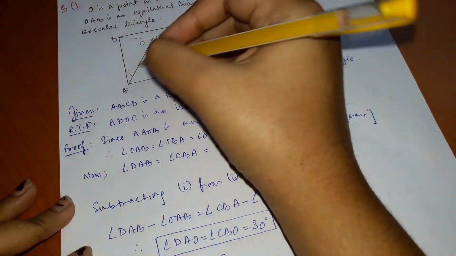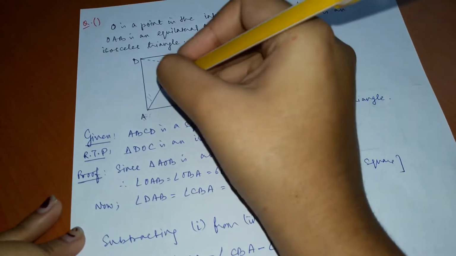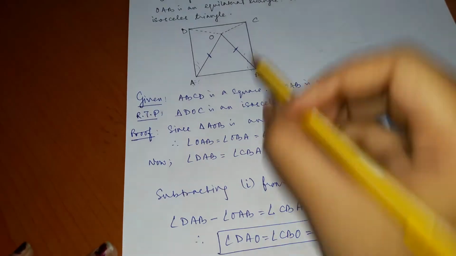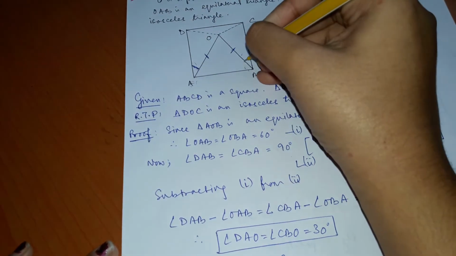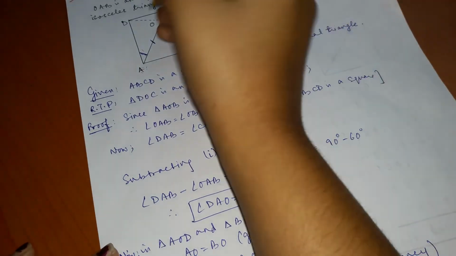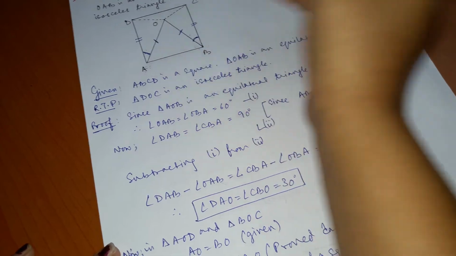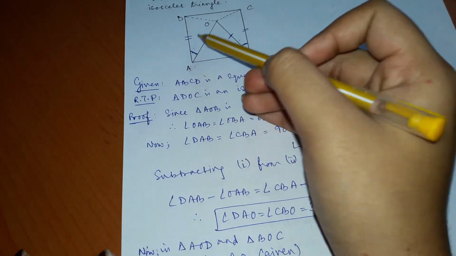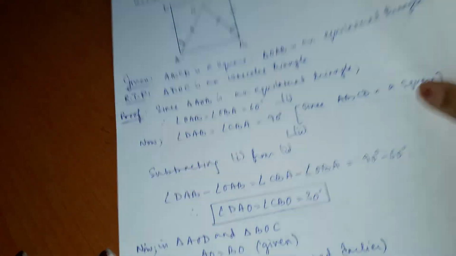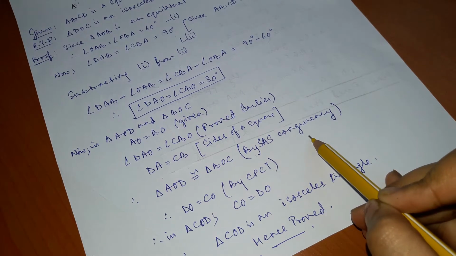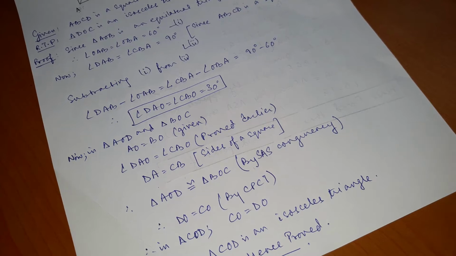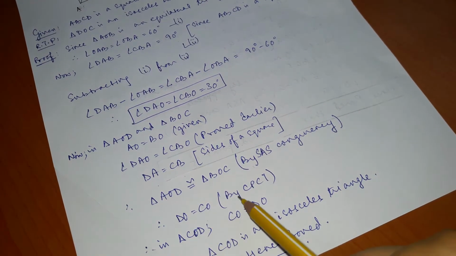How? First of all, AO equals BO, मतलब ये दोनों साइड. Next, angle DAO equals angle CBO, मतलब this angle. And then DA equals CB, मतलब these two sides. So very clearly this angle is between these two sides. Included angle है ये दोनों साइड का. So clearly by SAS congruency, and within brackets we need to mention the congruency by which we are proving it. Therefore we can say DO equals CO by CPCT.